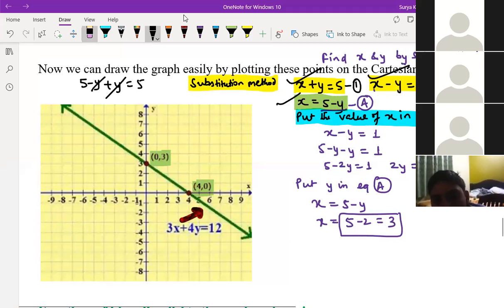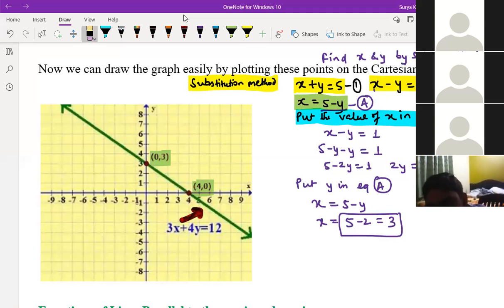What I told you, the important point, is this blue part I have given. That is the main important point: put the value of x in the second equation. This is very important. If you're finding the x value from the first, you should put it in the second compulsorily. Then this y value can be put either in first or second. Now tell me where you're not understanding, Sai Charan.